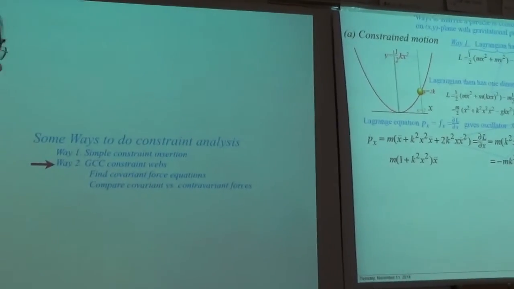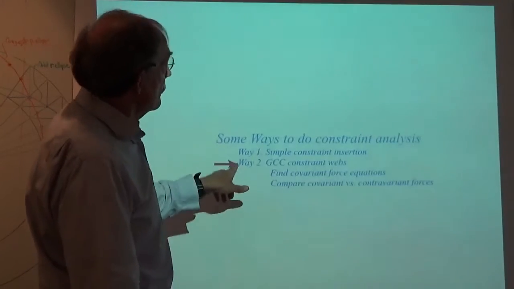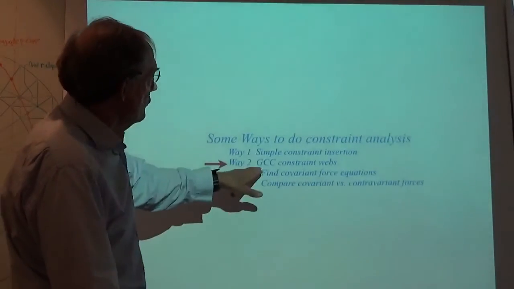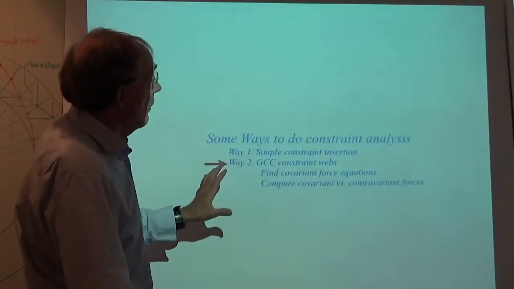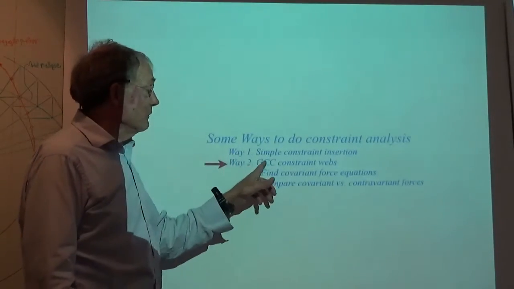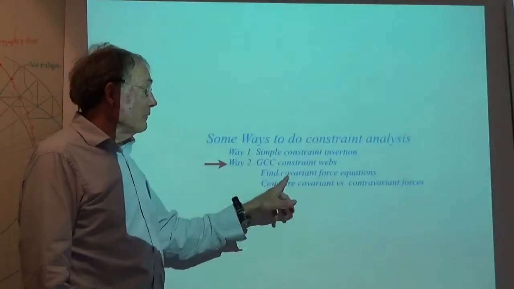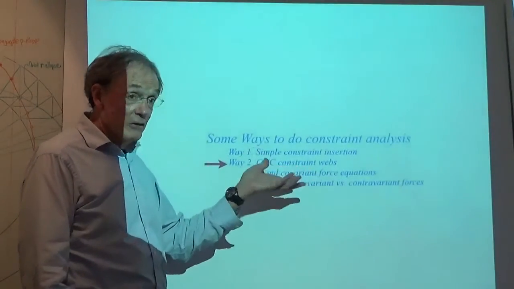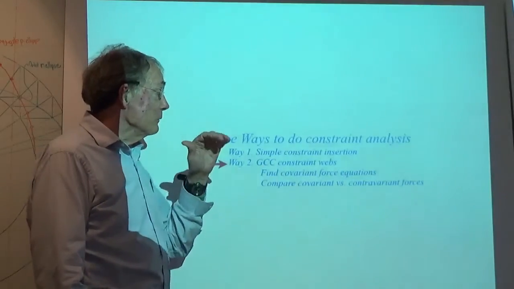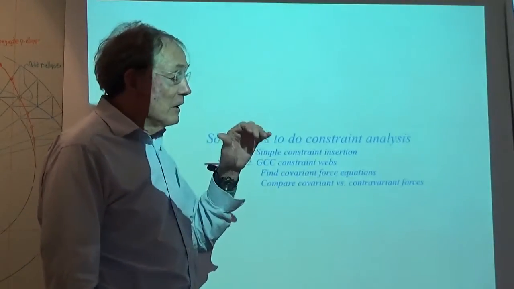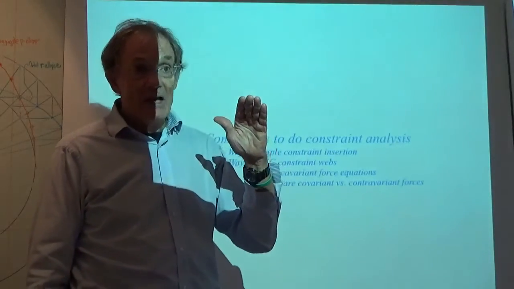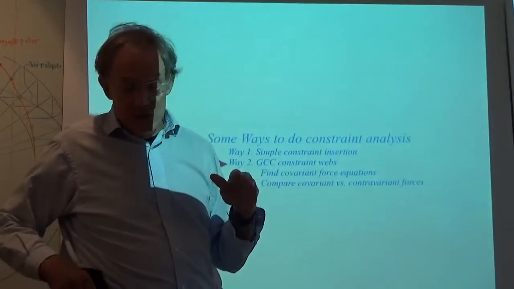Now this one, this is really a screwy way. I don't think you'd find this in any other book, even one that used GCC. But what this one's good for is really giving you a feeling for what the various covariant and contravariant forces mean physically. The covariant one, as you recall, is a force that's proportional to gradients, and therefore,